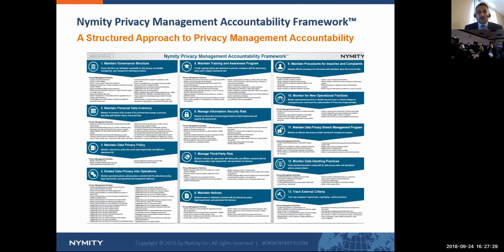Now, the idea behind this framework of 139 activities is not that it is a checklist where an organization is supposed to do all 139. What you're supposed to do is look at it and see which ones apply, and then build your program on that. As an example, as we're talking today, GDPR maps to 55 different technical and organizational measures. So if you are looking to build a program for GDPR, you would map it to the 55 and then do an assessment against the 55. So again, this is the Nymity Accountability Framework. Maybe